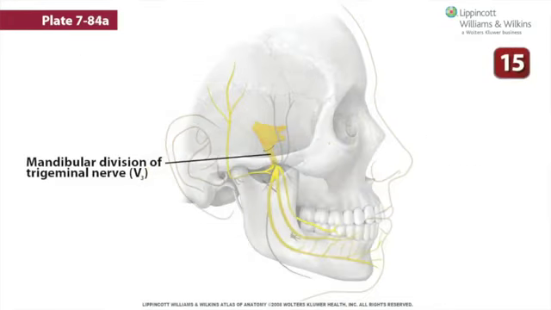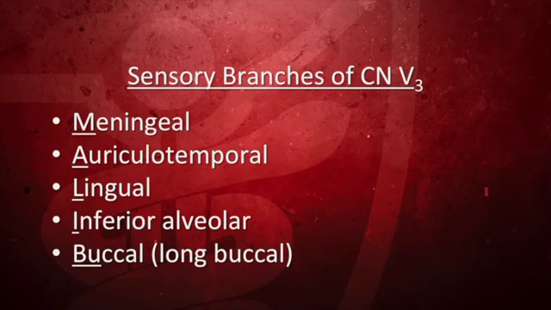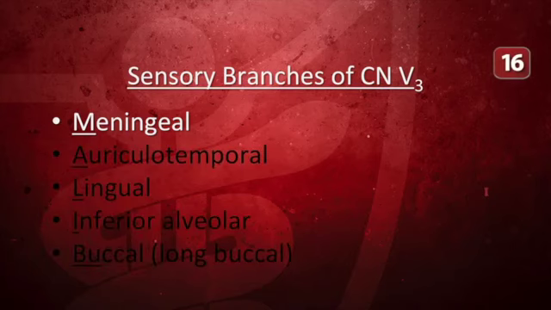The mandibular division, which includes the motor root of the trigeminal, exits the middle cranial fossa through the foramen ovale, which leads to the infratemporal fossa. Here, the mandibular division gives off 5 sensory branches and motor branches to 8 muscles. A popular mnemonic for the sensory branches of the mandibular division is Malibu. The meningeal branch leaves the infratemporal fossa by passing through the foramen spinosum to innervate the dura mater of the